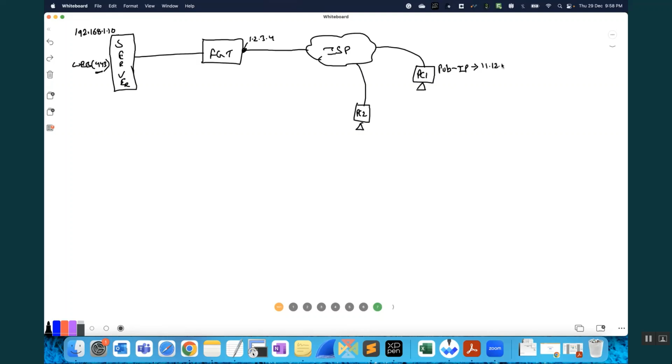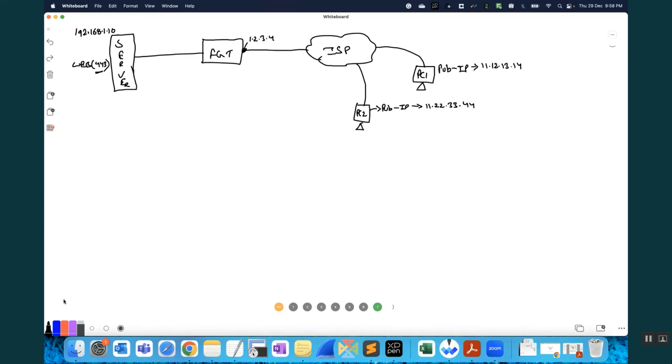That IP is 11.12.13.14. Similarly, PC2 is someone who is working from some different place. He has also got a public IP of his home network, and that is 11.22.33.44. Clear up to this? Yes, clear. No questions in your mind about how they got the IPs and all? No. Okay, fine. Now, see here.